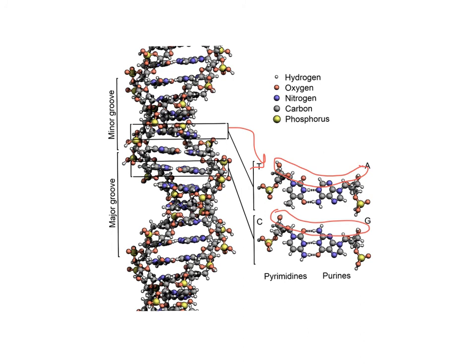And that's the edge that a protein can interact with, because a protein's coming at the screen like this. It's going to bind to the DNA molecule. It doesn't feel the insides of the base pairs. It doesn't feel where the base pairs are hydrogen bonding with each other. That's in the middle of that double helix. The only thing that proteins can touch or sense is the edge of the double helix. So that's the information along the edges that proteins can use to sense what is the sequence of DNA that